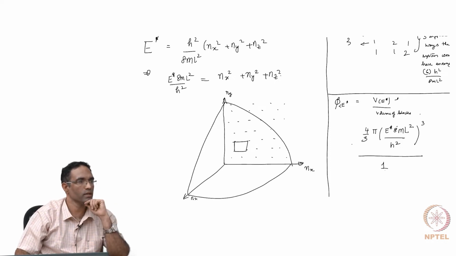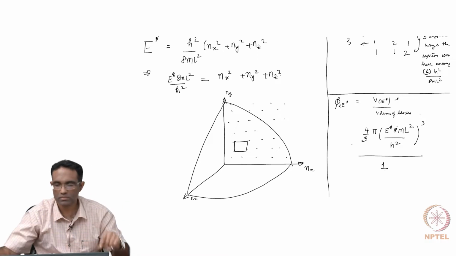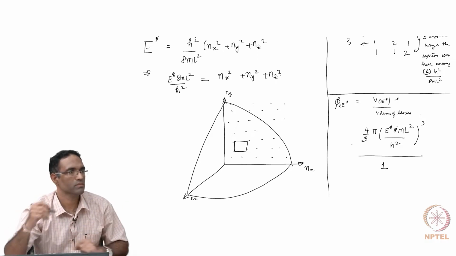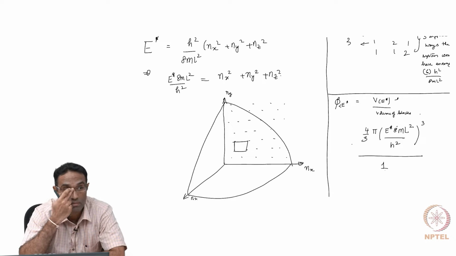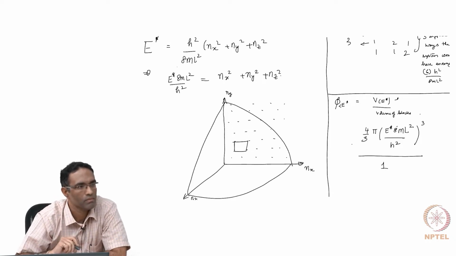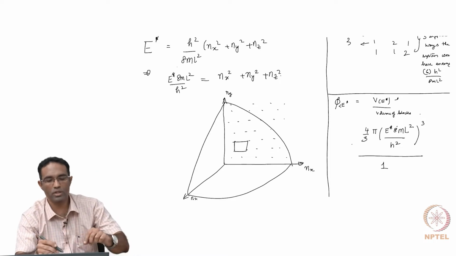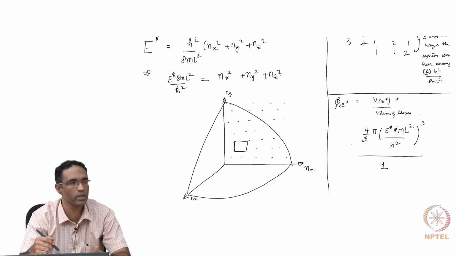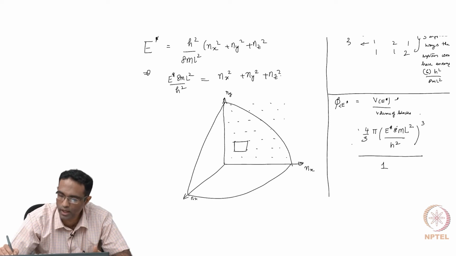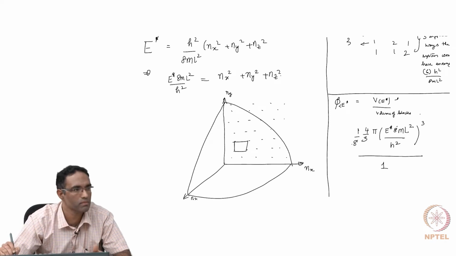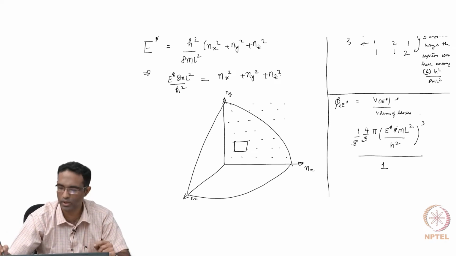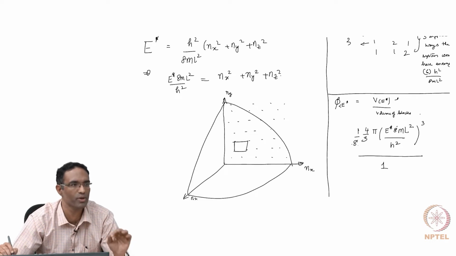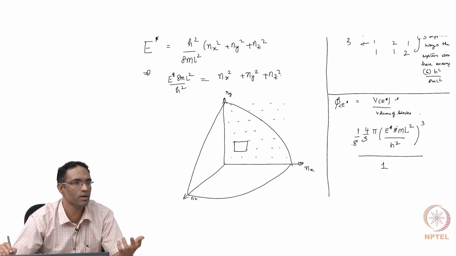No, not following. So if we take one sphere with the radius of that energy, then it will also include the negative points. The question is, if I take the entire sphere, I am also including the negative points, right? Correct. So I need to multiply it by 1 by 8. Is that the issue? Okay. I have to multiply it by 1 by 8 here because I am only interested in 1/8, or one octant,